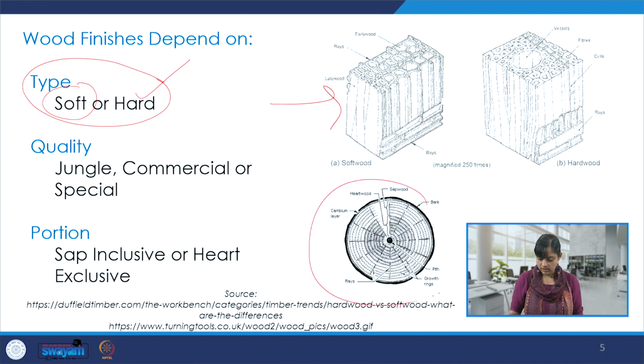If we look at this drawing over here, we can see this is the central part, which is the pith, and there is a portion of wood around this center, that is the heartwood, and the one away from that, between this portion and the bark, is the sapwood. And this is the outermost skin, which is the bark. We also see these rays, and these rings that you see actually determine the age of the wood.